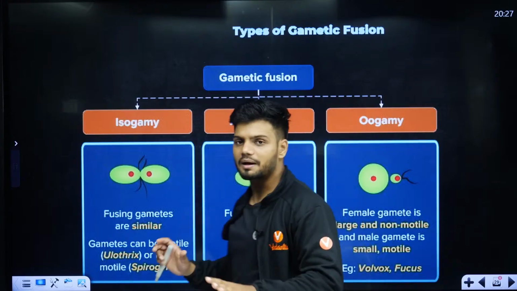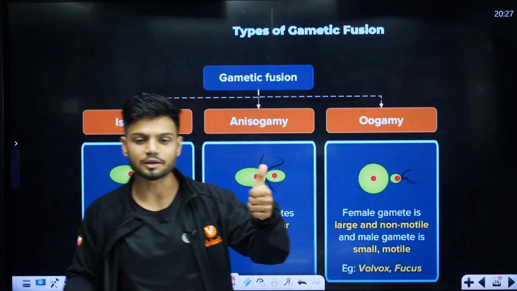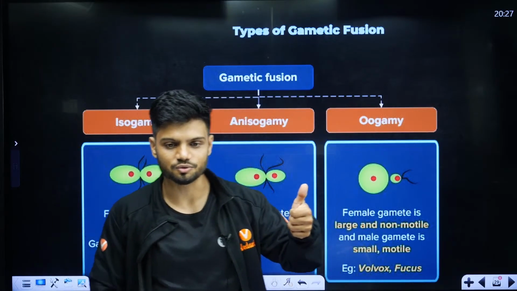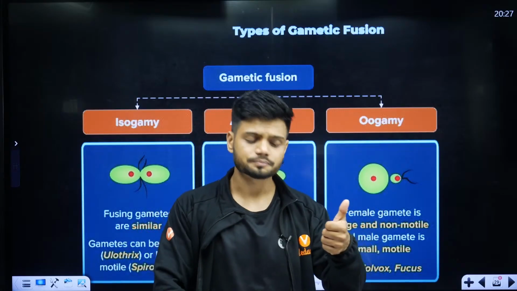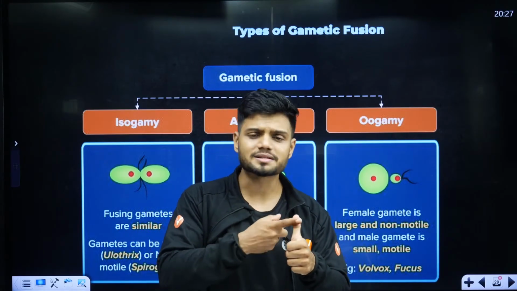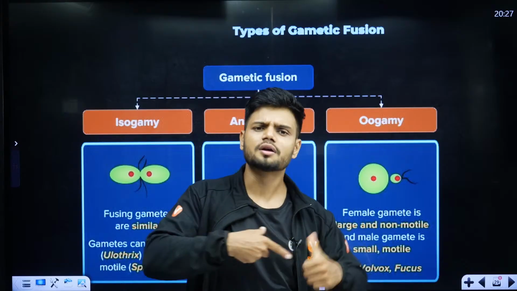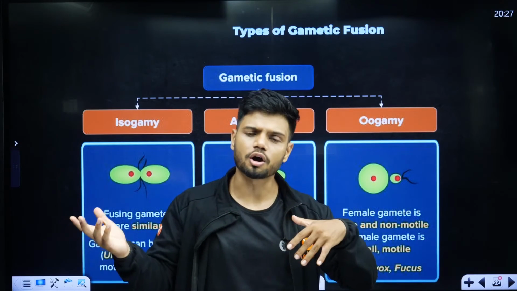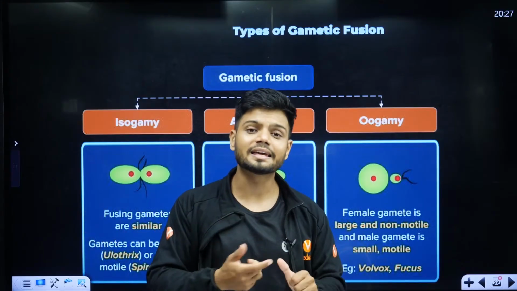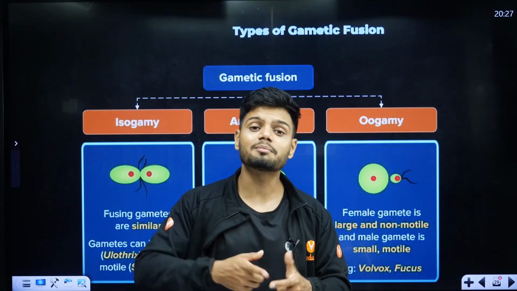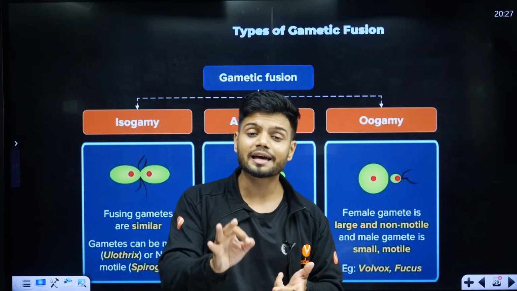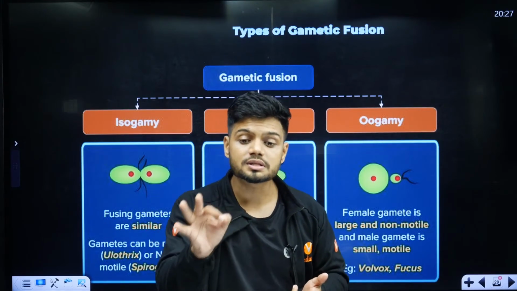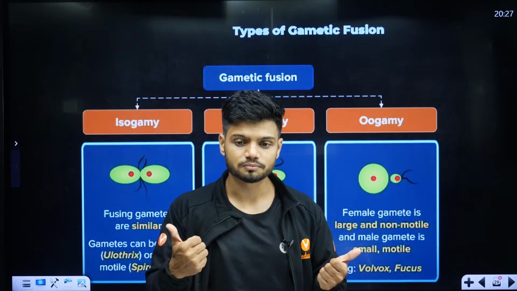हमने क्या पढ़ा अब तक? हमने पढ़ा हैबिटेट स्टूडेंट्स। Students, first we learned the habitat. They're present in aquatic, they're present in your soil, present on the sloth bear, lichen, present on rock. We also learned algae are eukaryotic in nature. Algae can be unicellular, multicellular. Algae are also what? Photosynthetic in nature. Yes or no, students?